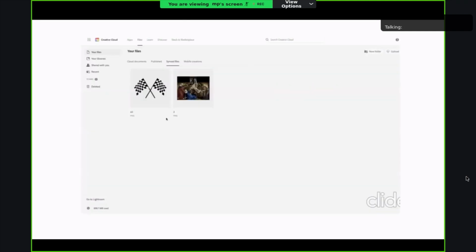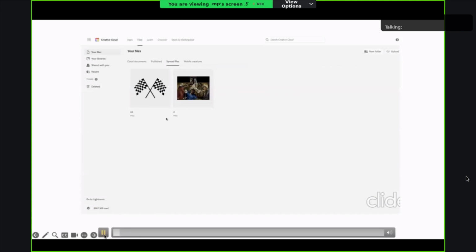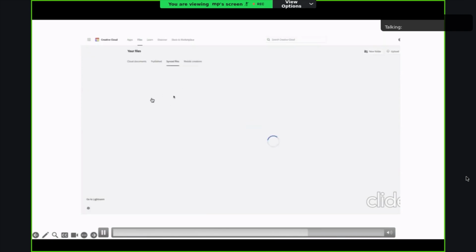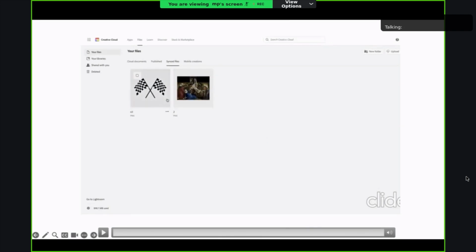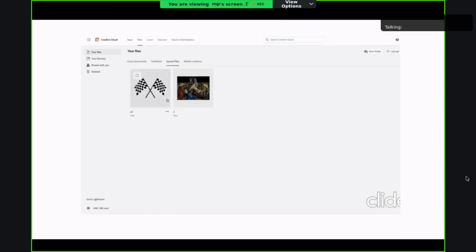If you see here, this is the Creative Cloud platform of Adobe. So here we have two documents, one of PNG format, and the thumbnails or the renditions are visible over here. If I refresh the page, then you will be able to see the thumbnails coming up. For any kind of documents you upload at Creative Cloud or other cloud platforms of Adobe, we make renditions for those documents.